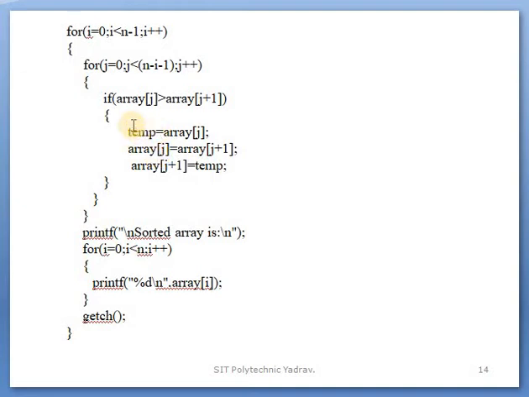So we use one temporary variable: first the 0th position value is assigned to the temporary variable. After that, to the jth position, the j plus 1 element is assigned. After that, to j plus 1, the temporary variable is assigned, because the temporary variable holds the 0th element's value. So, is the use of the temp variable clear?